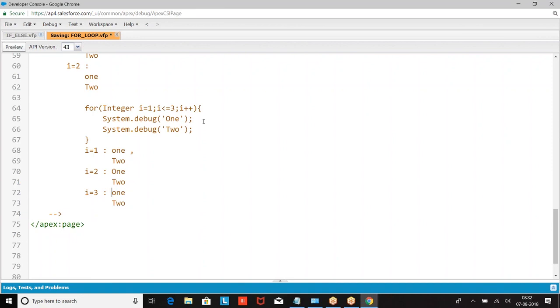In the loop, how many parameters am I taking? Parameter 1, parameter 2, parameter 3. Parameter 1 is the initial value: where is the count starting from? Parameter 2 is termination: when should I terminate? Parameter 3 is the increment: every time the operation runs, increment the count by how much? Plus 1 or plus 5 or plus 10. I hope you are good. So that's all from my end for the day. We'll continue in the next.